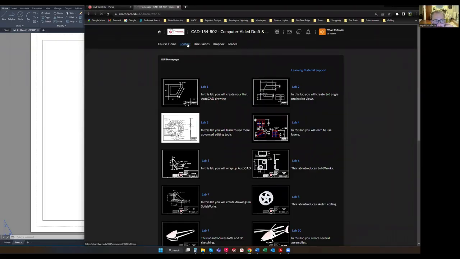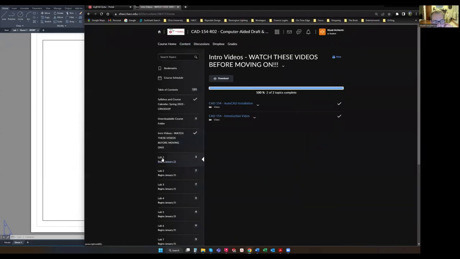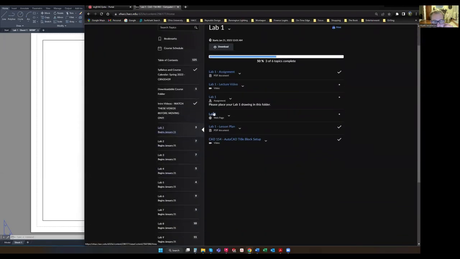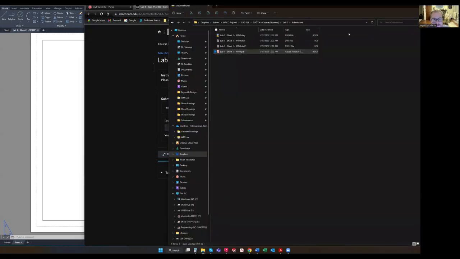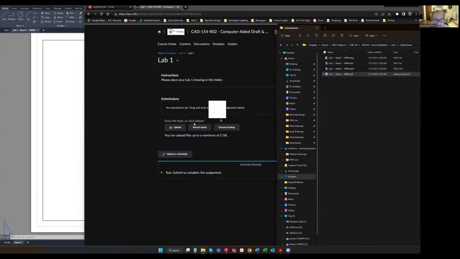What I like to do is come into content, go to lab 1, and so I call the assignment what you grab, lab 1 assignment. For some reason, D2L calls the Dropbox assignment. So to get to the Dropbox from here, you just click lab 1, assignments. Please place your lab 1 drawing in this folder. You go ahead and click this. And from here, you can just drag and drop. So I have my submission ready. Move this out of the way. Zoom's kind of getting in the way here. Grab this, drop it in,